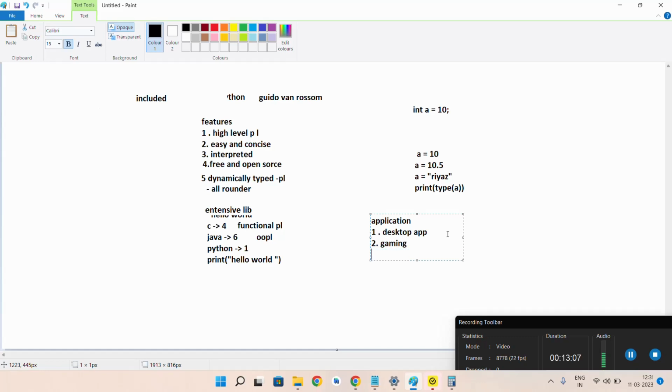For gaming purposes also, this is the best choice. We have a module called PyGames in Python. Python provides huge modules that we can use on separate platforms. So we can develop games using Python. And at the advanced level, Python is being used in ML, AI, DL and neural networks as well. Even not only this, there are many applications. These are the main applications where Python is being used.